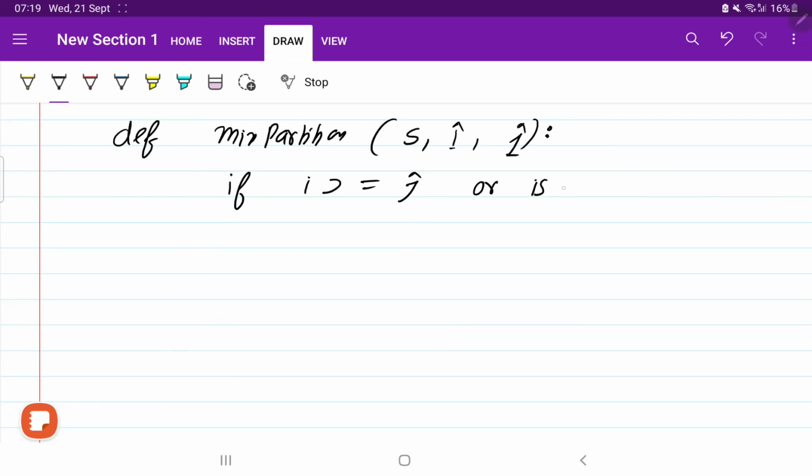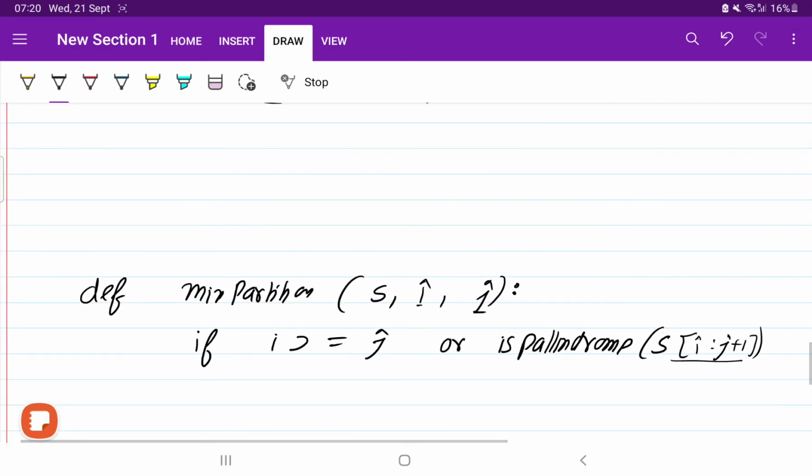So for the is-palindrome function, I am going to call it and again pass i and j. Or what you can do, you can pass the string like this, from i to j plus 1. Why have we written it like this? It means we are not passing the entire string, as we are going to do the partition of NITIN.